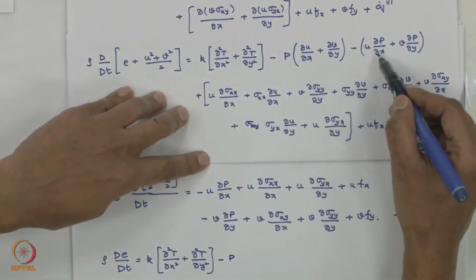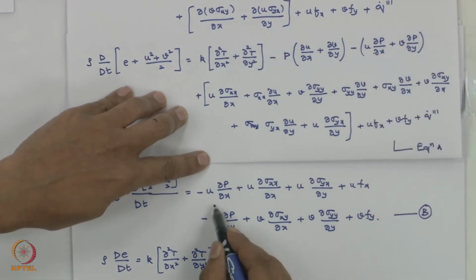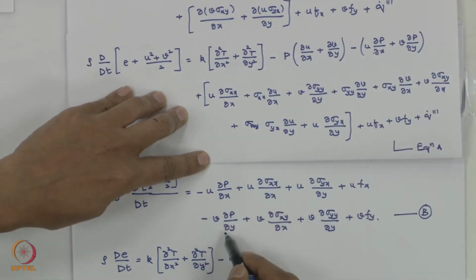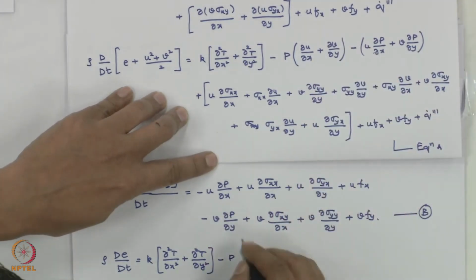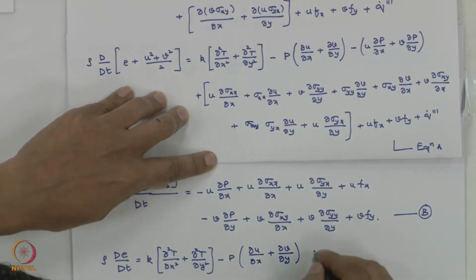So let's do that. You have minus P, this term is not there, P del u by del x, del v by del y is not there, but you have u del p by del x, v del p by del y, which will get cancelled out with u and v del p by del y. So you are left with minus P (del u by del x plus del v by del y) plus of,